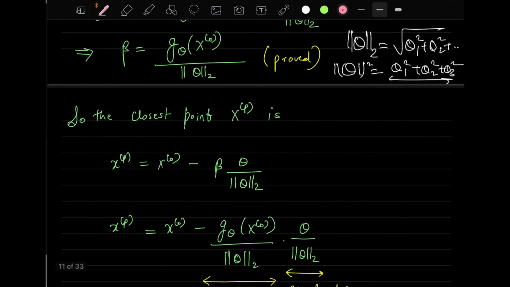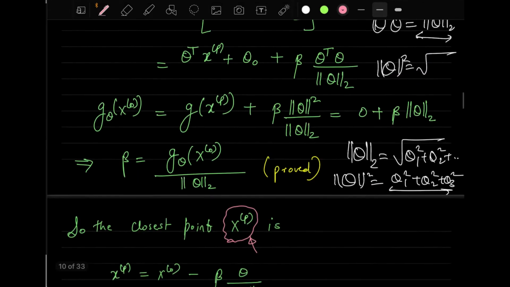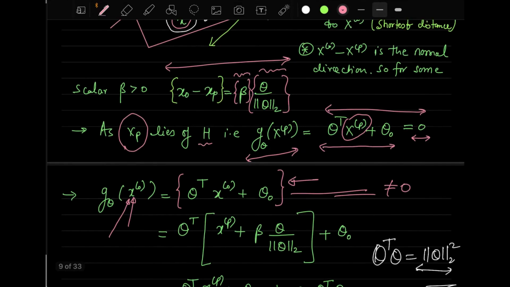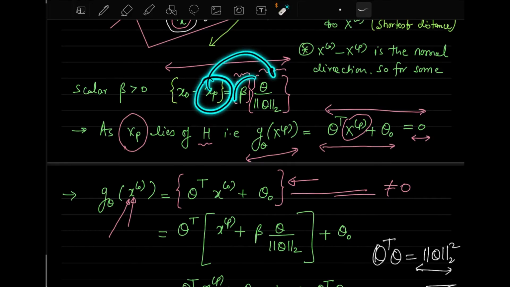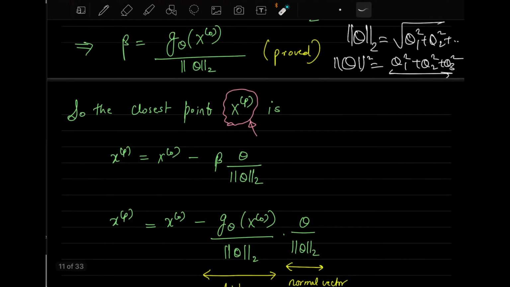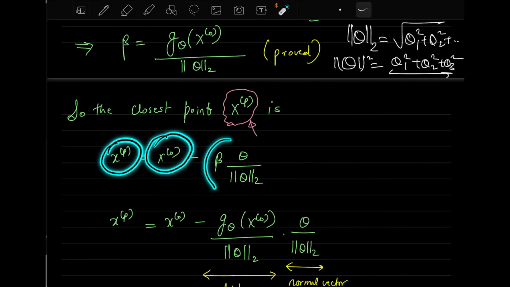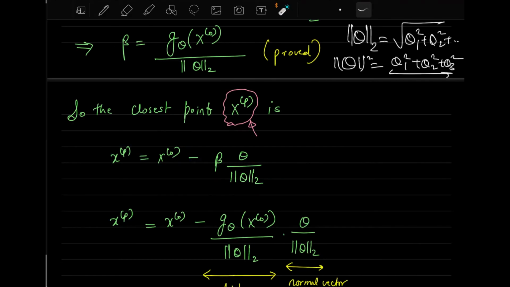Okay, so what is the closest point now? We want to calculate this value of this closest point xp. So let's calculate this point xp which is on the hyperplane, and the value will be nothing but you can put xp which is given over here. You can use this xp, and you can move it to the right side and move this term to the left side and keep x0 here. So what value you will get is xp is equal to x0 minus beta times theta transpose. So it's just the manipulation of the first equation that we wrote.